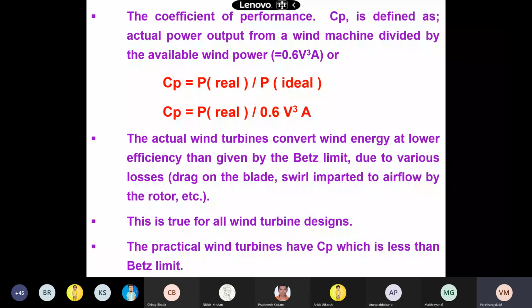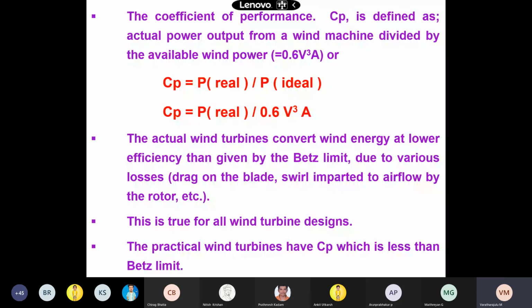We have the limits proposed by Betz due to various losses, drag on the blade, and swirl imparted to the airflow by the rotor, etc. This is true for all wind turbine designs, and practical wind turbines have a CP which is less than the